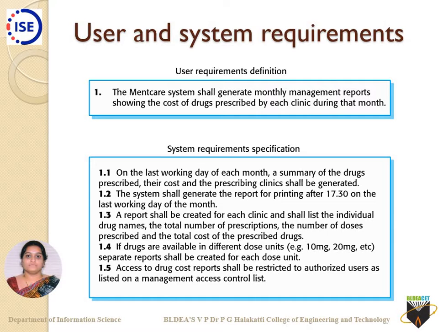Now, in my other class, if you remember, we spoke about the online attendance system. What are the user requirements there and what are the system requirements? In system requirements, I can say I prefer that things be done weekly. I want a monthly and weekly report to be generated. That's a system requirement. A user requirement is what you collect from a user, that particular person's wants.